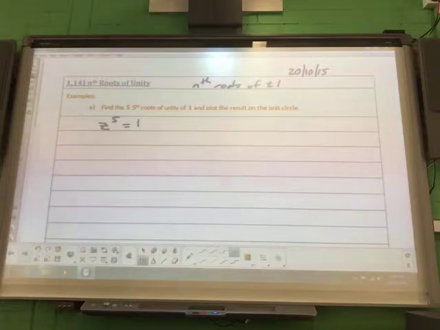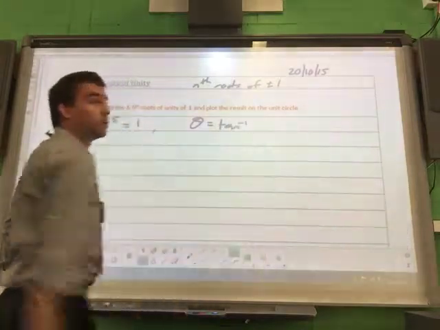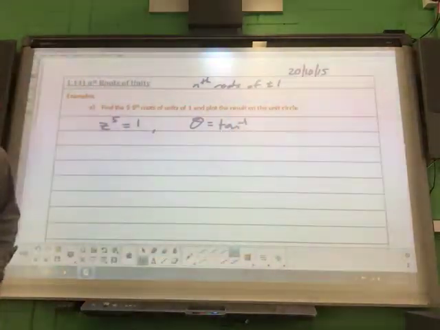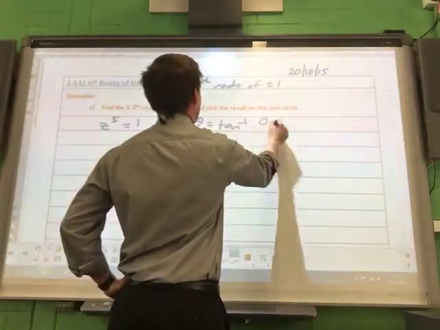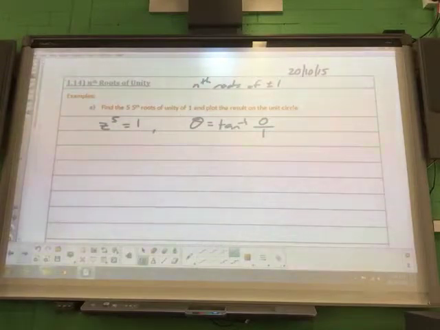We already know the modulus because of the unit circle, so the modulus is 1. And the argument: tan inverse of the imaginary part over the real part. The imaginary part is 0, over the real part 1, so tan inverse of 0 is,